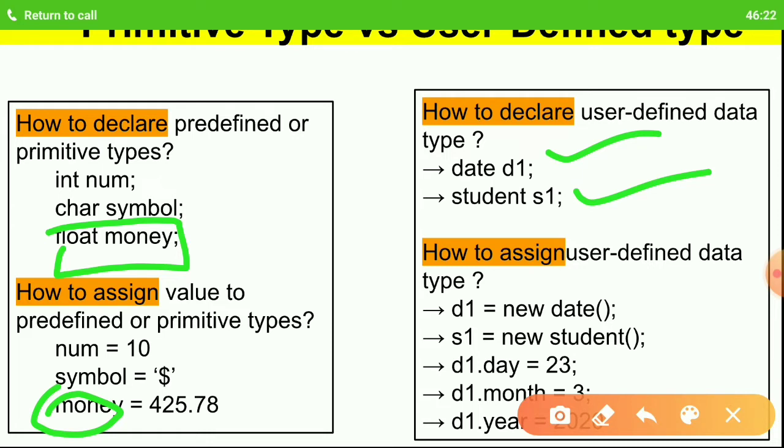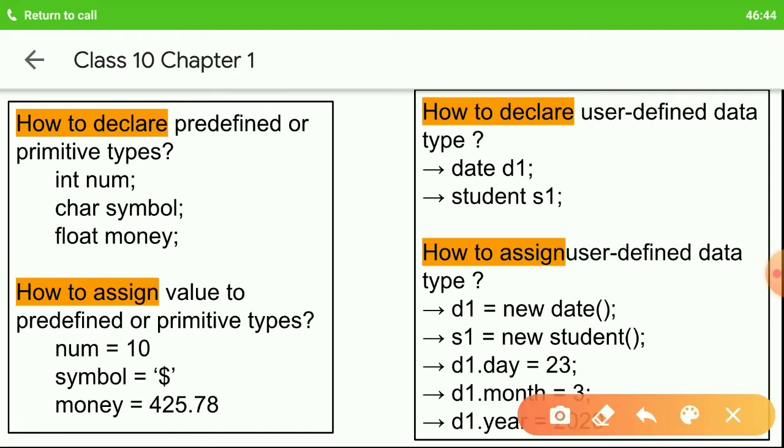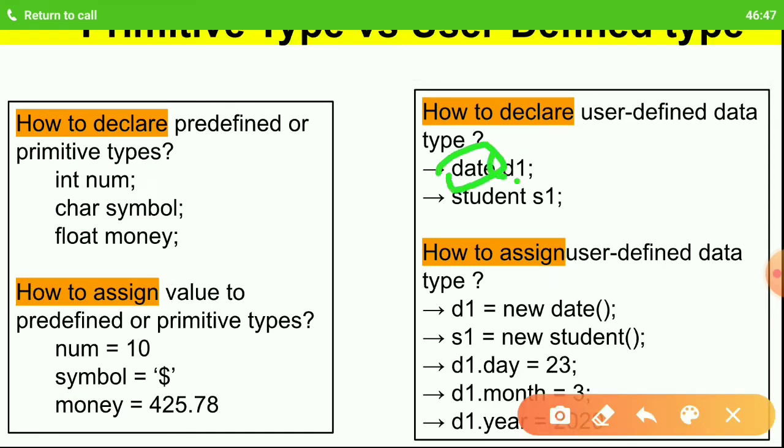See, here also you have written Date D1, isn't it? Date D1, that means what? Date is the type, just as here int was the type, isn't it? And num was the variable name. Similarly, here also date is the type and D1 is the variable name, and student is the type and S1 is the variable name.